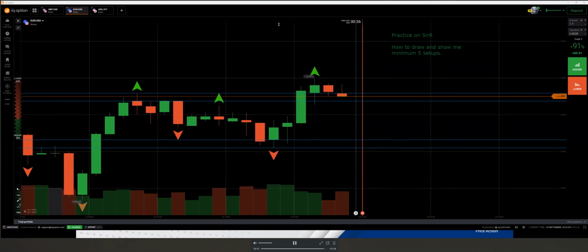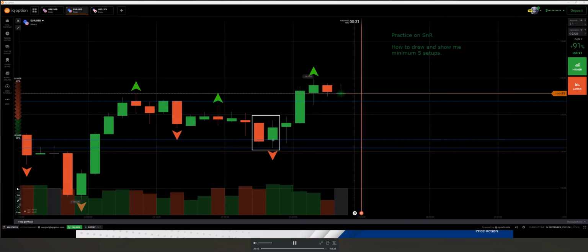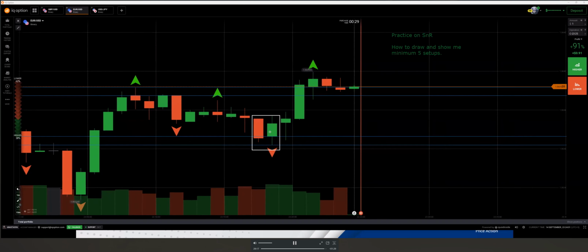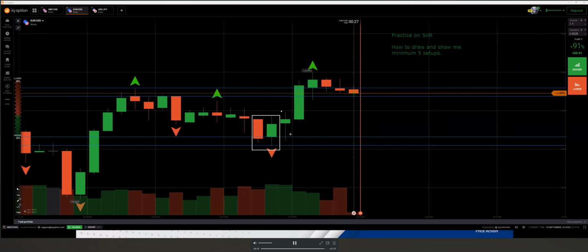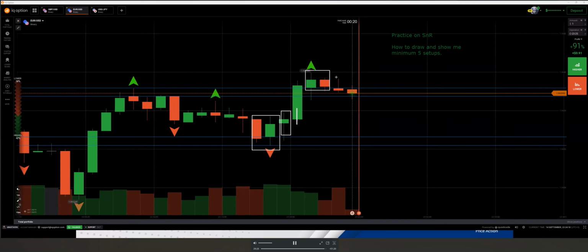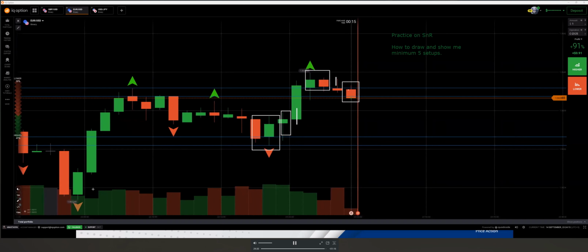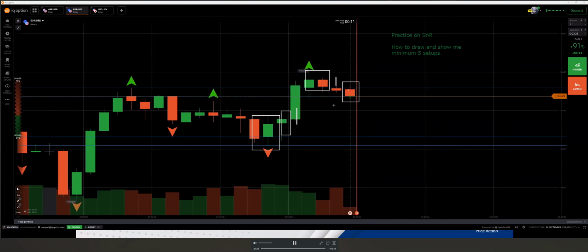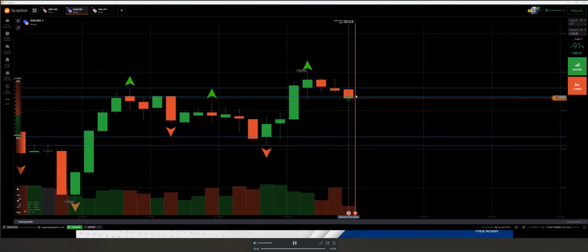And then look, this is a pattern. It's a bullish Harami pattern. It's a continuation sign, and the next candlestick is green. Sometimes the continuation sign works and sometimes it does not work, but most of the time it will work. Like look at this pattern, continuation sign, the next candlestick is red.